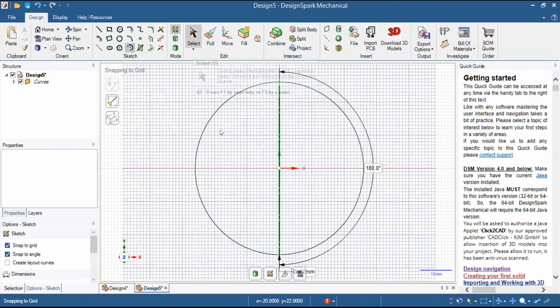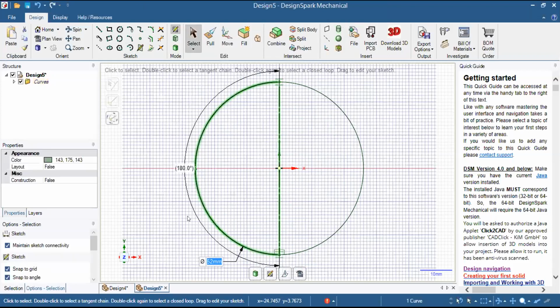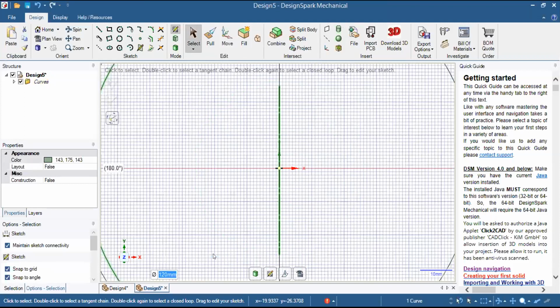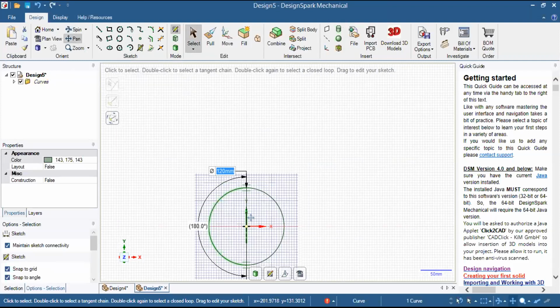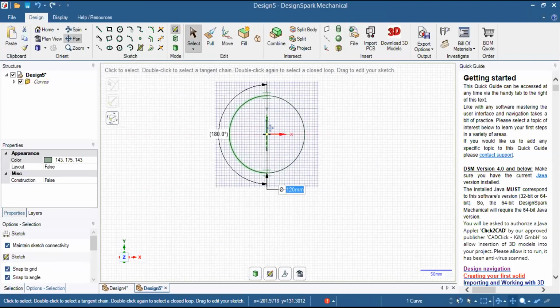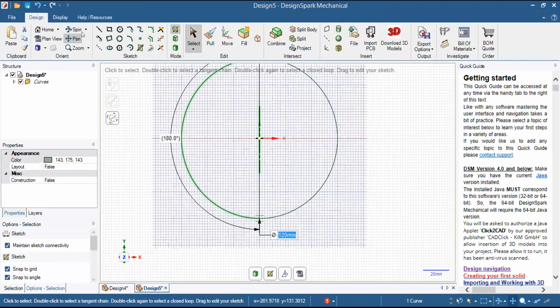Now I will go to select, and then here I will fix the diameter, that is 120 mm, right away like this. And now you can always use the pan command to shift the design sketch according to your need.